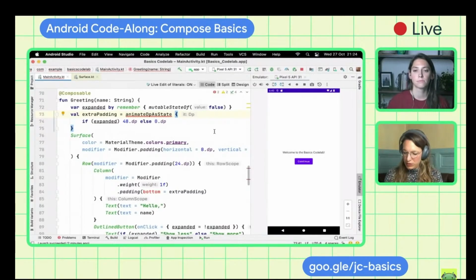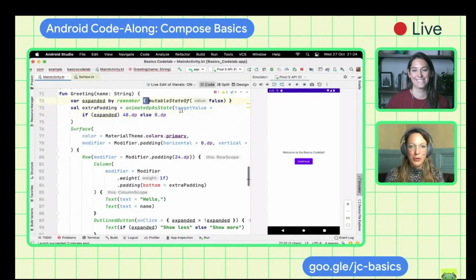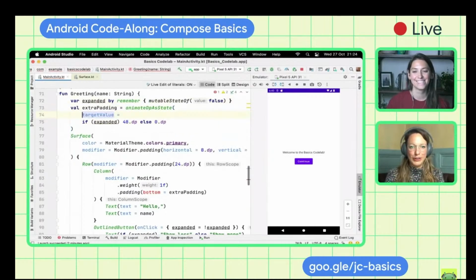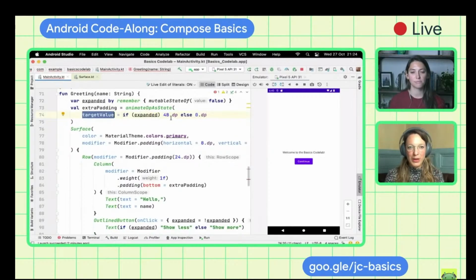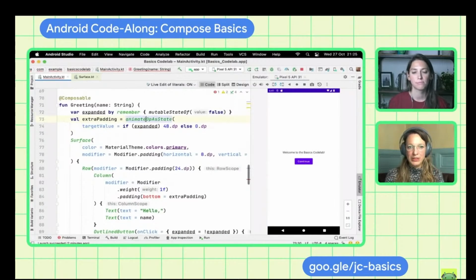We, of course, have to set the target value to this value. Sorry, I was so enthusiastic about all the blocks of code everywhere, but this just needs to be a regular round bracket. So the target value you set to 48 or 0 dp, but what actually happens is this animateDpAsState